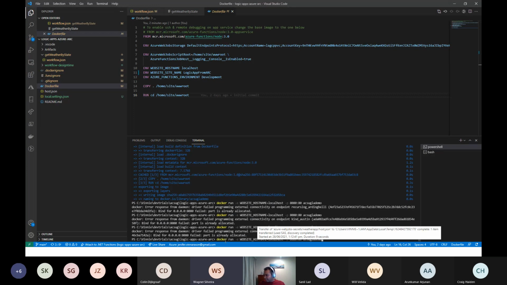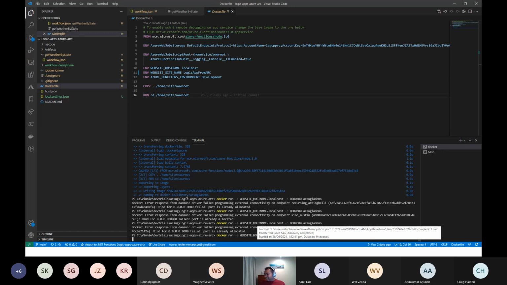So that's the nerves actually. Right. So I wanted to delete the Logic App container. I deleted the SQL container by mistake. Anyways,